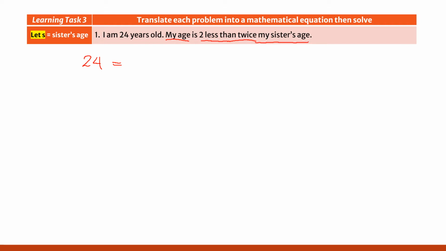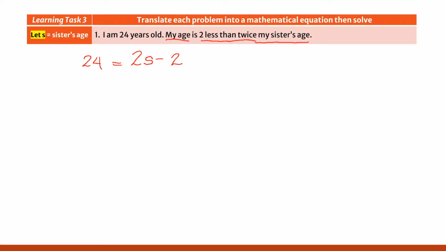So a while ago, we let S be equivalent to sister's age. So how can we translate 2 less than twice? So pag sinabing 2 less than twice, that is 2, okay, less than twice of what? My sister's age. So our equation then is 24 equals